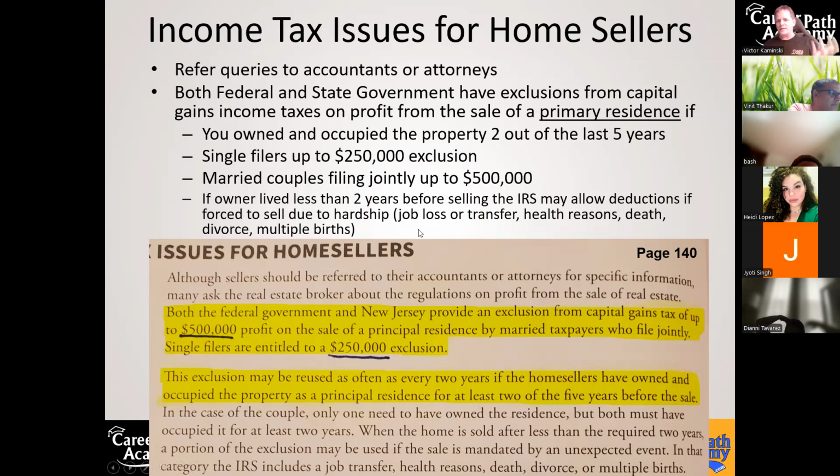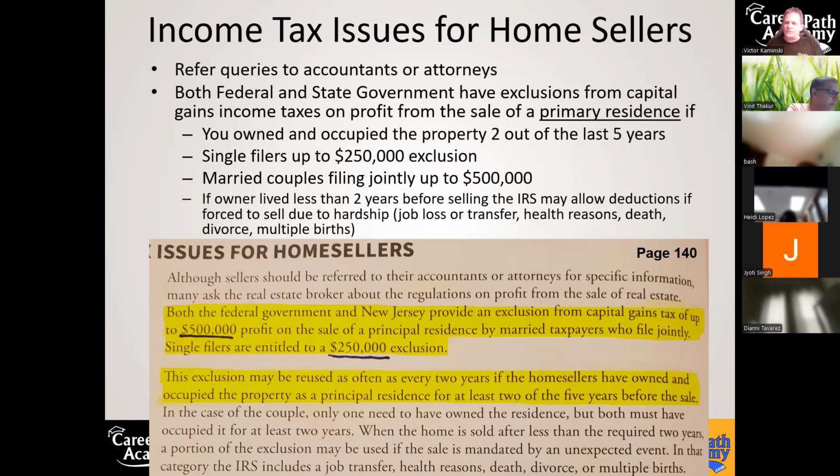You know, hey, you lost your job. You're forced to sell. I can't afford to continue making the payments on the house, but you sell the house at a profit, you pay 0 state or federal income tax on the profit of that sale. Or you're forced to transfer because your job is relocating you. They're transferring you to a different location. Well, you know, some things are beyond our control. So the IRS is not going to penalize you for that. They're still going to allow you to get that capital gains tax deduction.